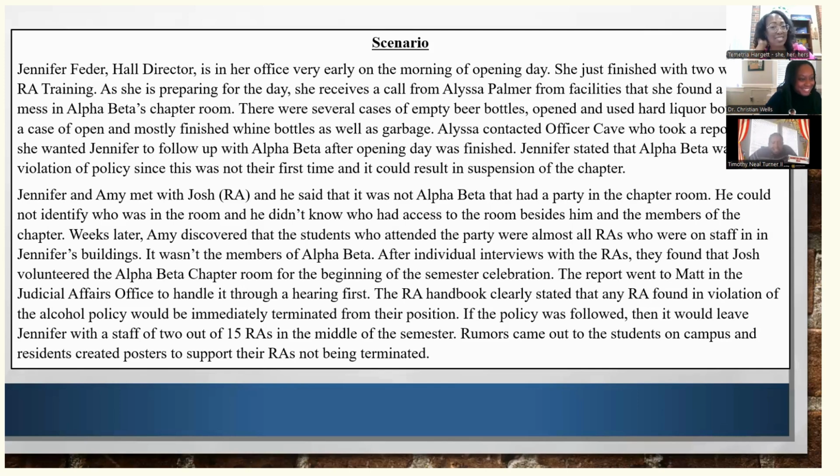Yes. Yeah, that is a lot to unpack. I think it's very challenging, especially with it being a good majority of the staff who were in violation. And I mean, logistically, if you were to follow policy, then those 12 or 13 RAs would be terminated, but that would leave a lot of issues in regards to staffing and trying to find replacements in the middle of the year. So trying to tackle that would be hmm,